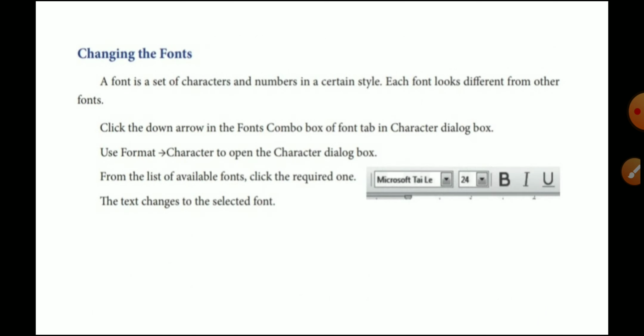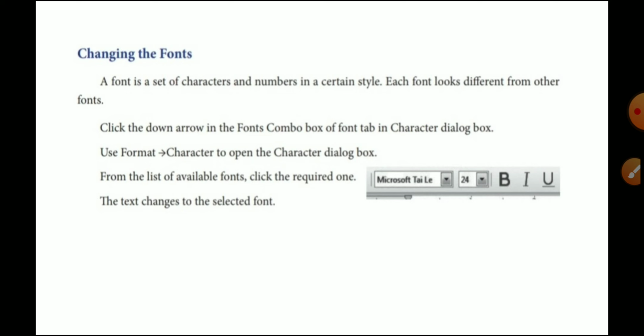Next one, changing the fonts. I already told you about the font. It is given in that icon itself, that is the font. Next, 24 is the text size. If you want, you can increase and decrease that size. Next, bold, italic, underline.